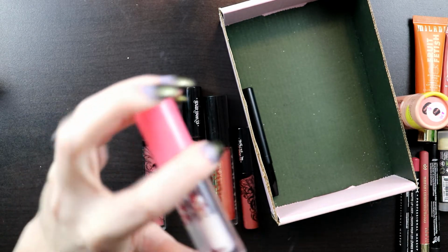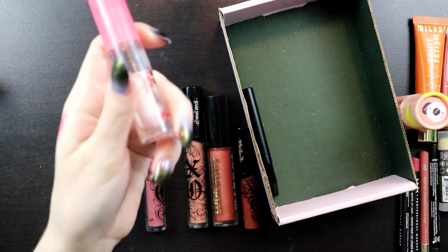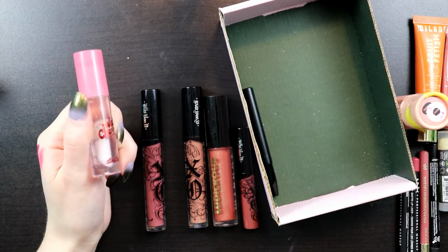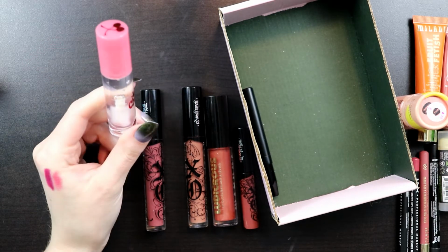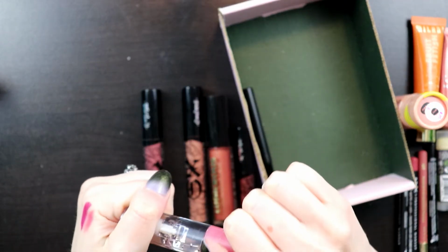It's the Wet Cherry gloss in Extra Poppin', and this is literally just a clear lip gloss and it tastes and smells like cherry. This one I don't like. It is like way too thin. I prefer a thick but not sticky lip gloss, if that makes sense. This one feels kind of thin to me, and it just gets in my mouth